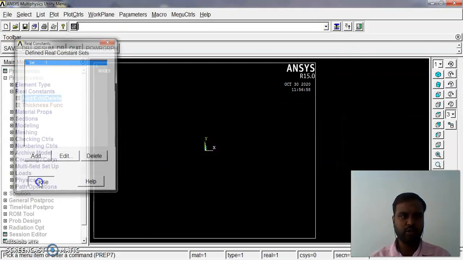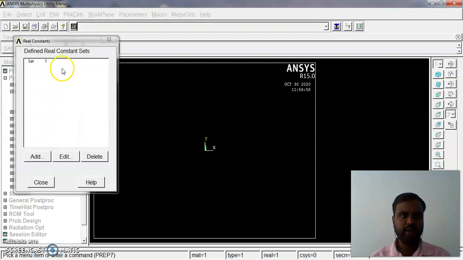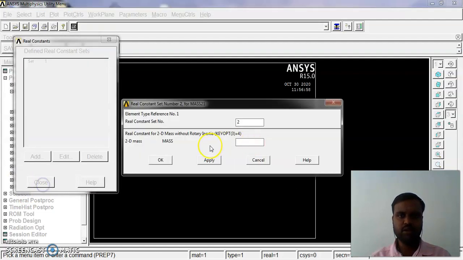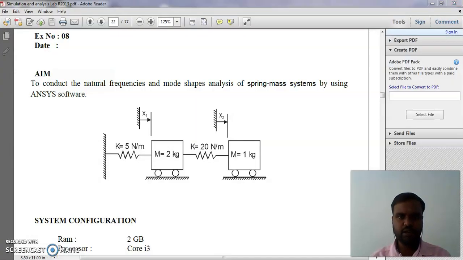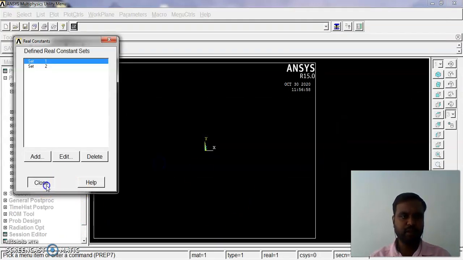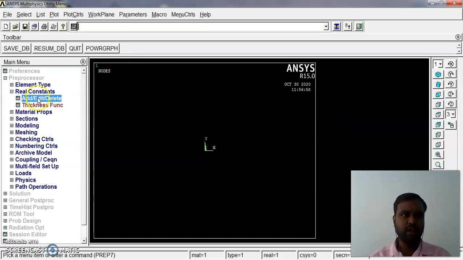OK. Then close. Again you go for add. Next, the second mass is 1 kg. So you can add 1 kg. Give OK. Close.